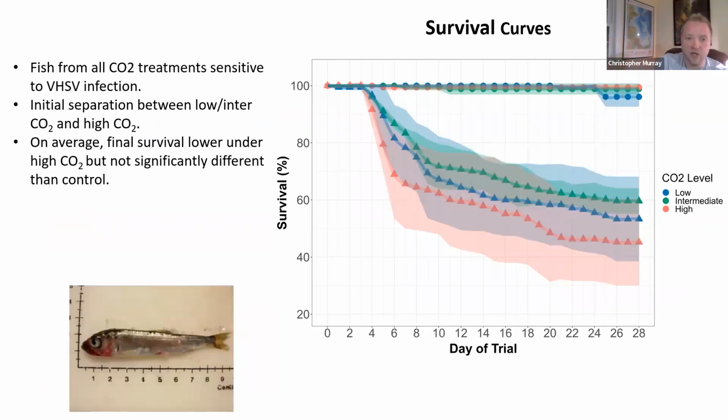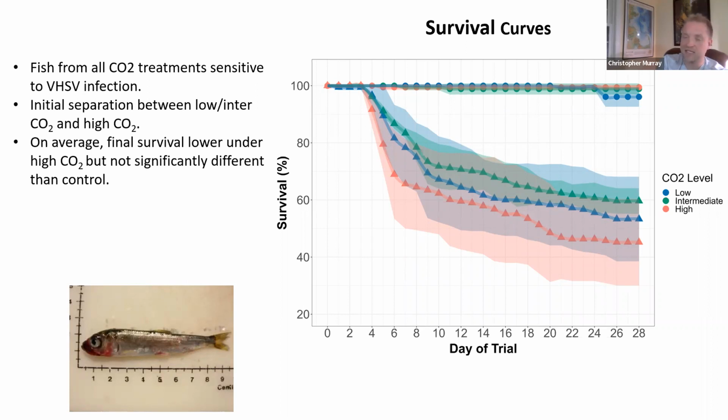And we tracked mortality over the course of 4 weeks. So the big figure on the right here is showing the mortality curves under the actually 6 different treatments. So 3 CO2 levels and then 2 disease exposures. The top line is showing the control tanks, essentially no mortality in these ones. But then the lines shown with the triangles, those are the disease exposed colonies.